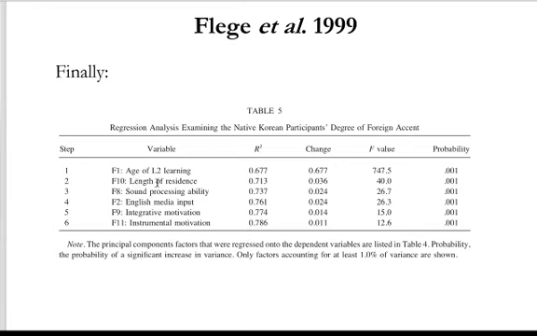So if you add in how long they've been in the country on top of their age of arrival, you get another 4% or so of the variance explained. Put in their general sound processing ability, you get another 3%. Their English media input, you get another 2%. Eventually, we end up with about 79% of the variance in the data being explained by these 6 variables. But by far, the lion's share of that is explained by the AOA curve. All the rest of these sociocultural, attitudinal, emotive factors are explaining only a little bit more of the data.